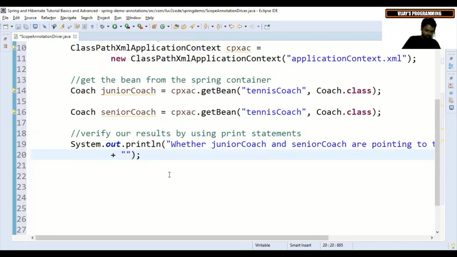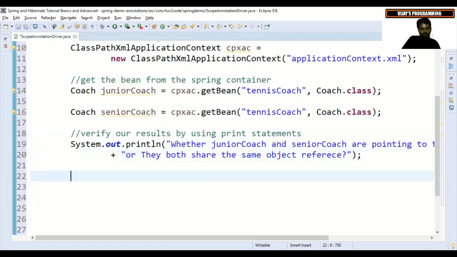So in other words, they both share the same object reference. That is the question that we are verifying. So how can we find out? Instead of just closing it here itself,